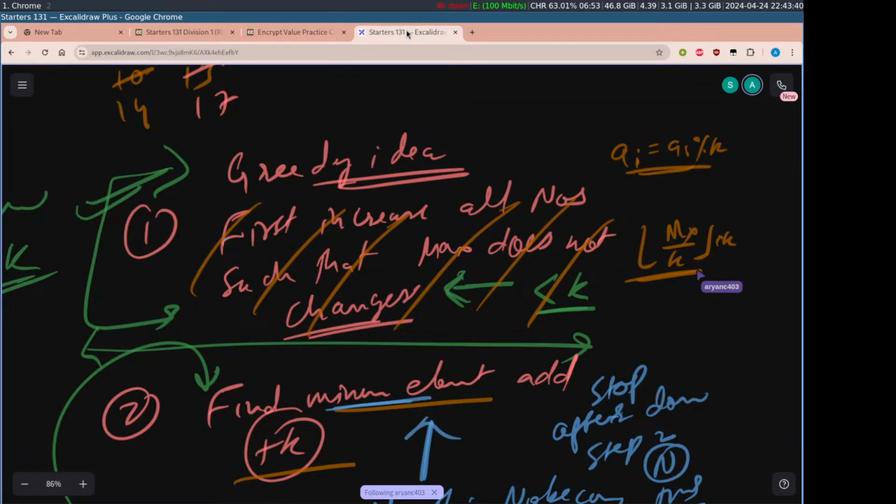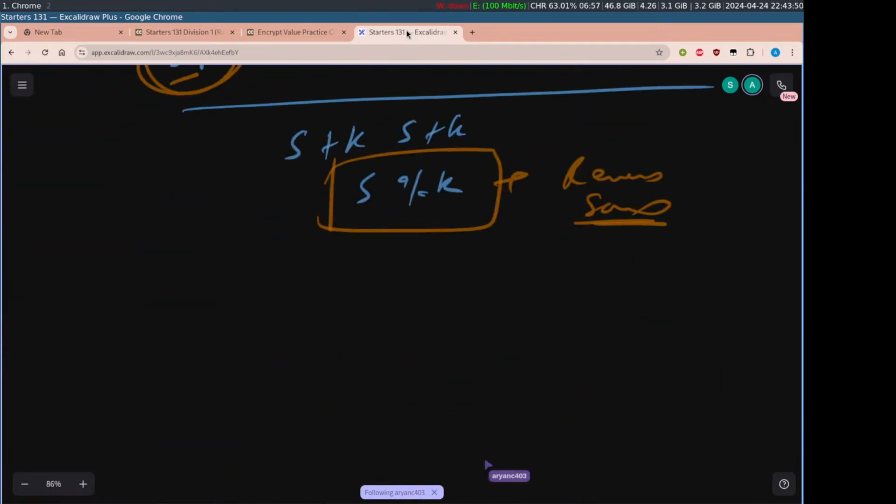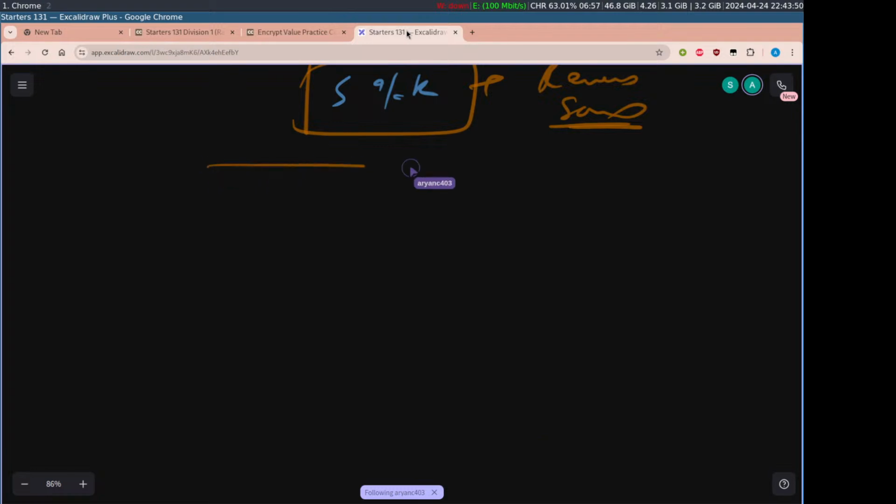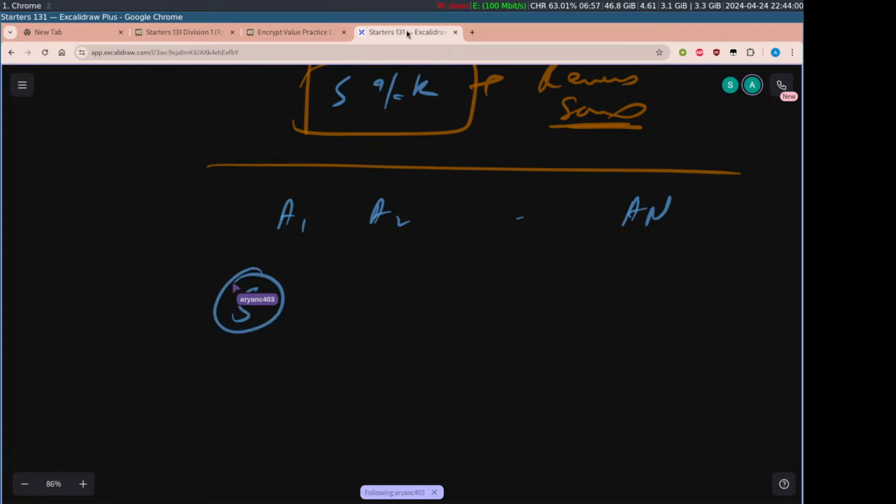So like the problem statement says, we have some numbers a1, a2 up to an. We also have a number s. First, we can rearrange these numbers however we want. Now we iterate on all the numbers,